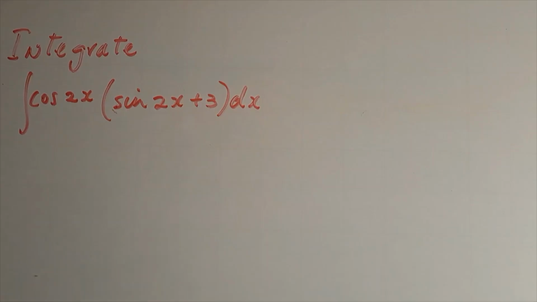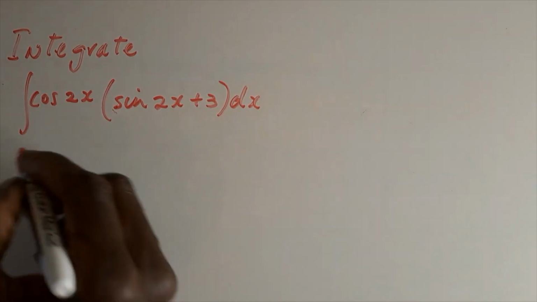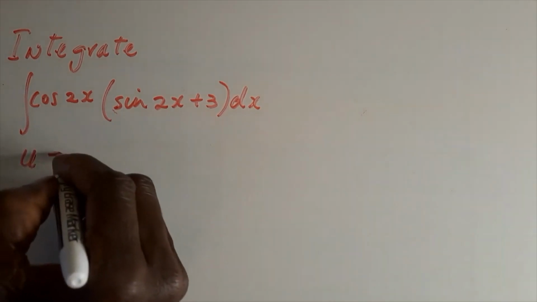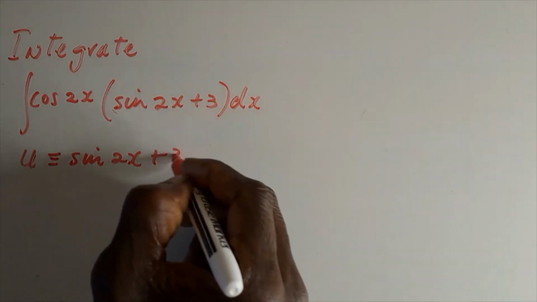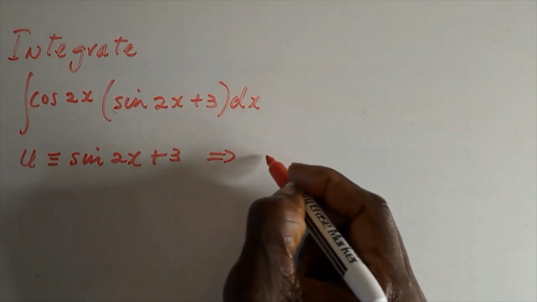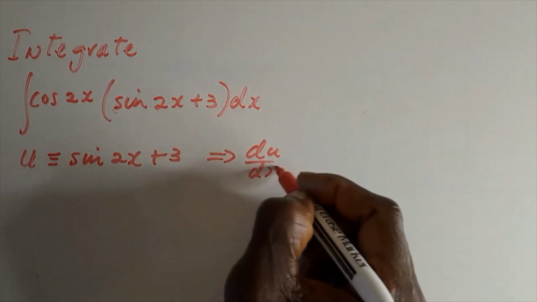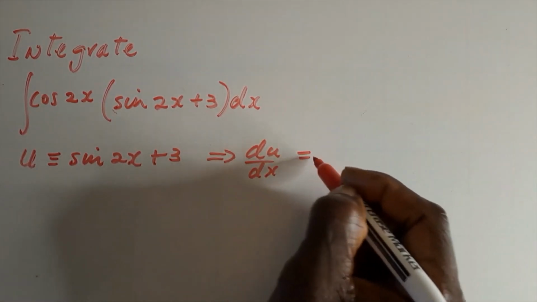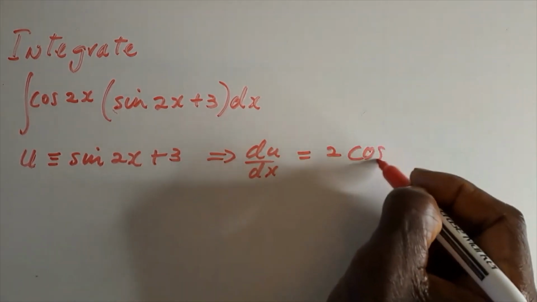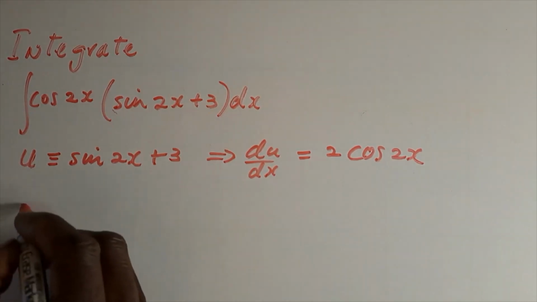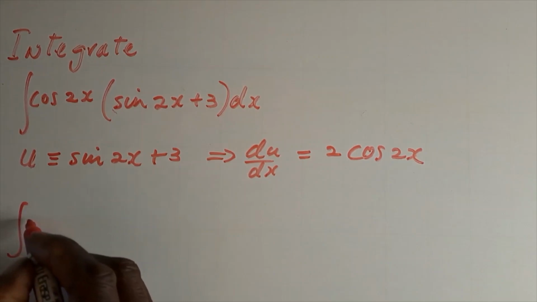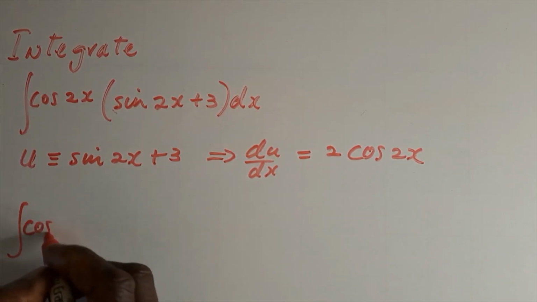Hello there. We need to integrate this product of functions, and we'll use the substitution u equals sine 2x add 3. Now this implies that du dx is equal to 2 cosine 2x, and now we can rewrite our product as